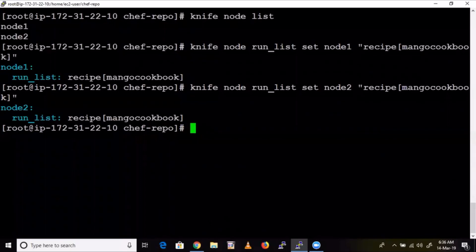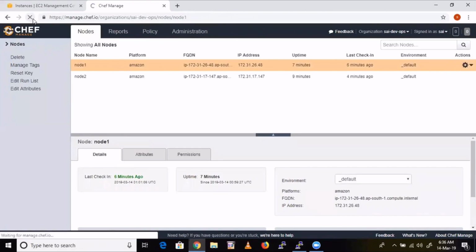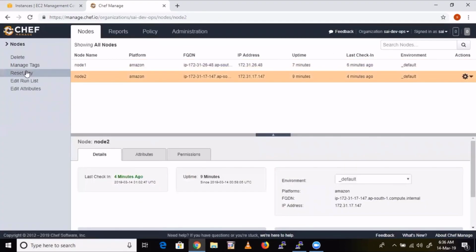Okay, so see here, if you go to the chef server, hit refresh once. Go to nodes run list. So here we have attached, and node 2 as well. Now for the last time, you go inside each and every node. Today you purchased these 2 nodes, you bootstrapped, you automated chef client, and you run chef client for the last time in these 2 nodes. Only a one-time effort, so that it will include the mango cookbook. Then onwards, chef client runs automatically, continuously.